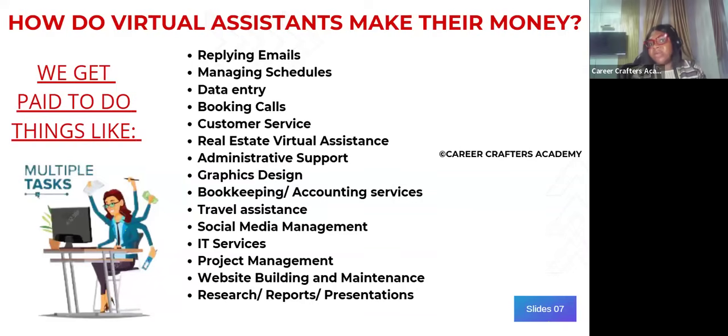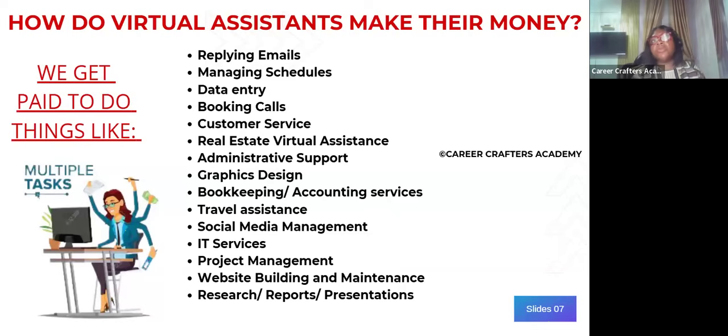They need people to book the meetings. You don't even need to go to these houses now to see them. They can do a virtual tour, that is, they do a video of the place. You watch the video, you see everything, and you are convinced that this is what you want before you decide to do an on-site meeting. So they need people to assist them. We call those people real estate virtual assistants.